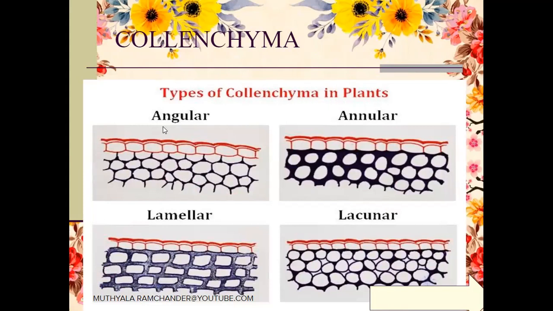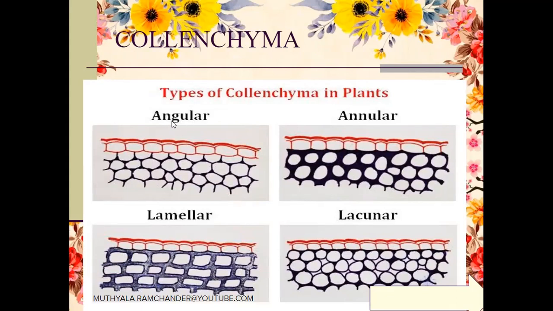Mainly, four types of collenchyma tissues are present. One is angular collenchyma; this is the angular collenchyma diagram. The second is annular collenchyma. The third is lamellar collenchyma. The fourth is lacunar collenchyma. The majority of collenchyma tissues belong to angular collenchyma. It is the normal collenchyma. The normal collenchyma is also called